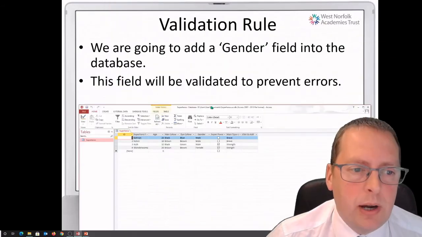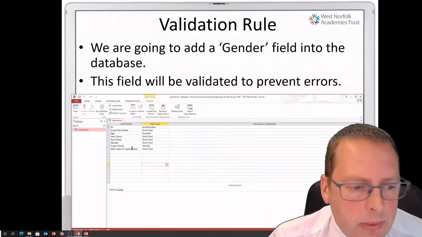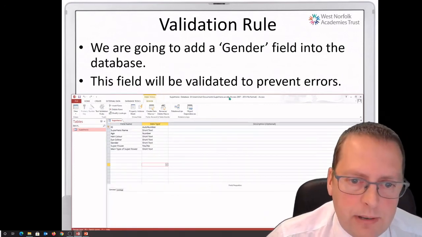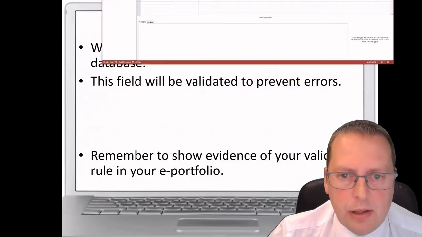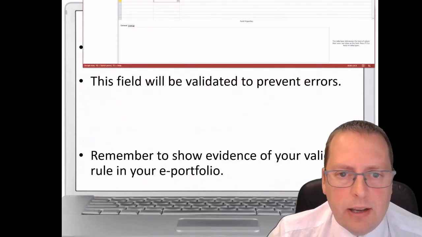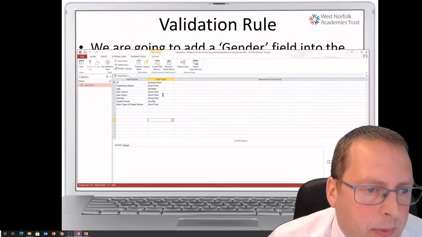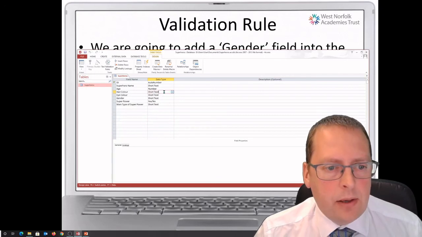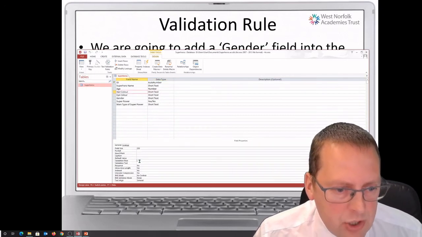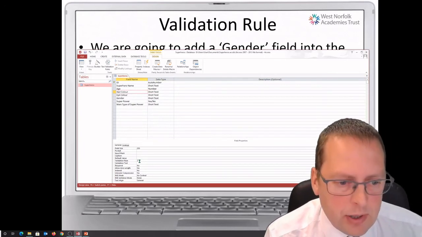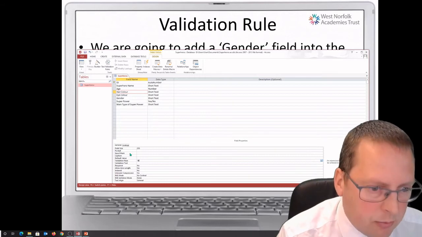So if I just bring my database back in here and go into my design view, I can go to any of my fields that I want to validate. My example here to start with is looking at gender, of which I can validate male or female, or I can look at, I'm going to validate my hair colour. So I've clicked on hair colour, and my validation rule, I just put speech marks in there. It's a little bit hard to see, but down here I've just typed speech marks and I'm writing black